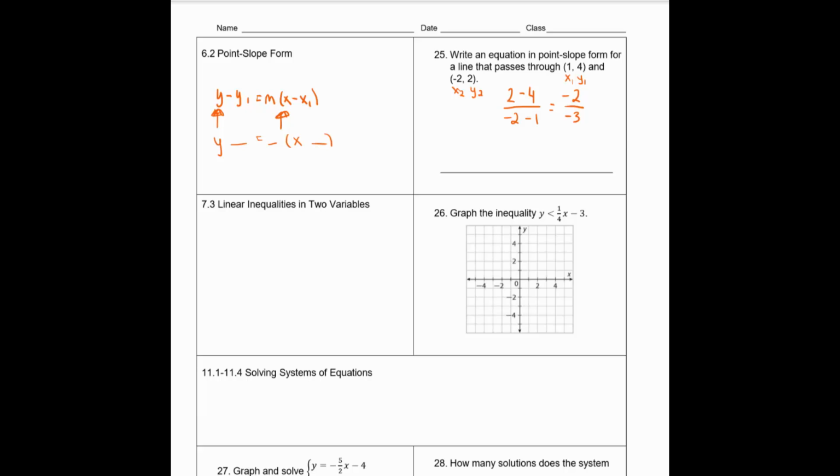So I get -2 over -3, which is a positive 2/3. And then that's what m is. And so then I just need to fill the x1 and the y1 in with either point, whichever one I want to. If I pick the first point, I would do y minus 4. That minus sign is because our formula has a minus sign. And then 2/3. And then x minus 1, or we could use the other point,